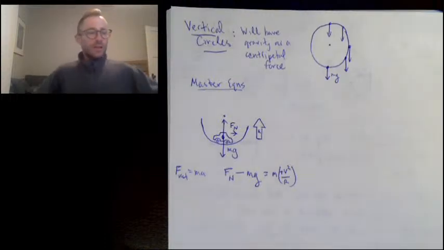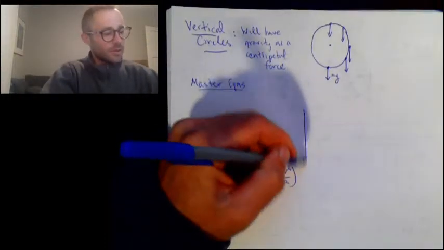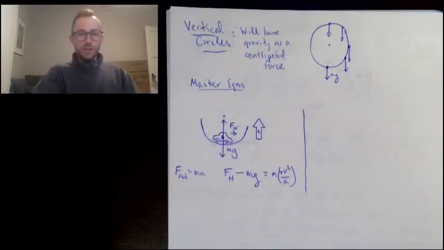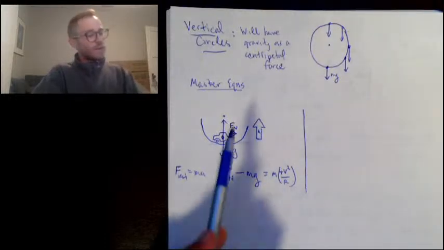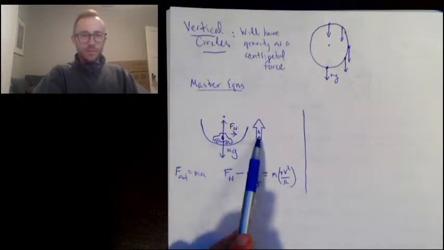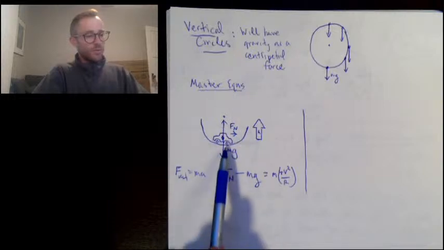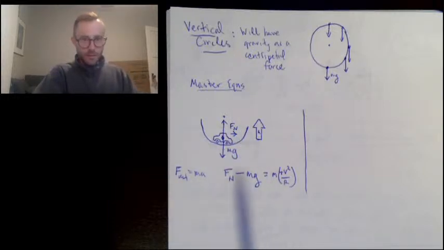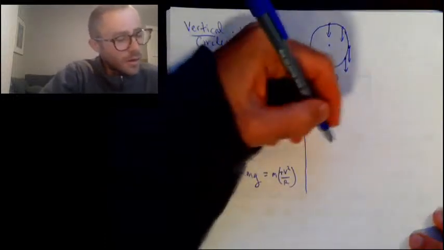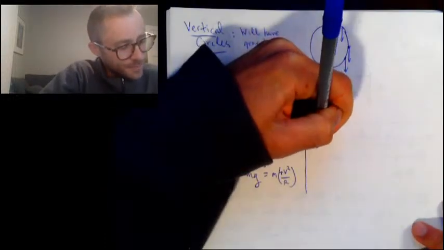Okay, so that is the master equation in this scenario. The trickiest part is getting the signs of each of these terms correct. Here the acceleration is upward, the normal force is upward, the weight force is downward. So the one with the negative sign is the downward thing, okay? Alternatively,